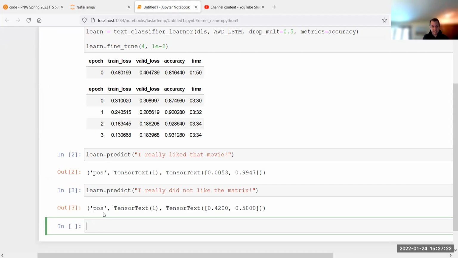Think about the fact that this is a pre-trained model, fine-tuned, right? Maybe the fine-tuning needed more epochs, or maybe we just needed more data, right?